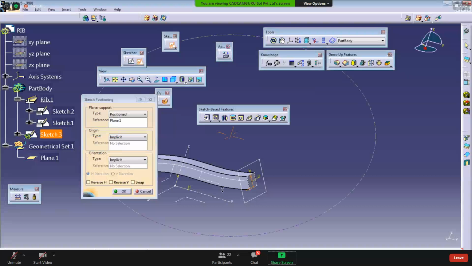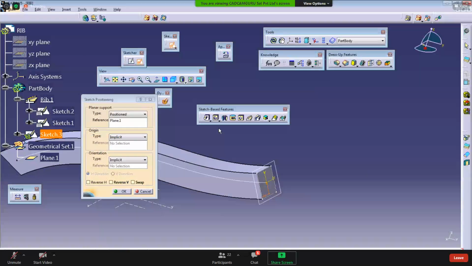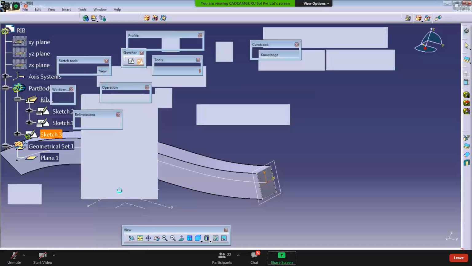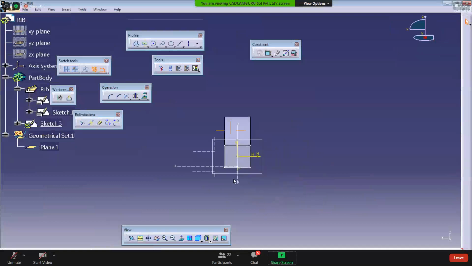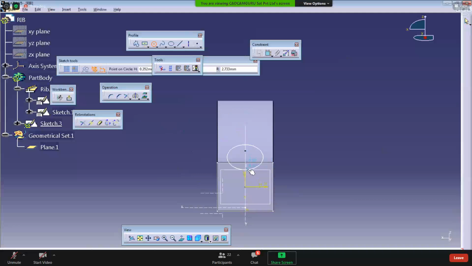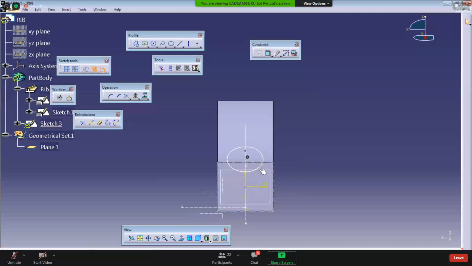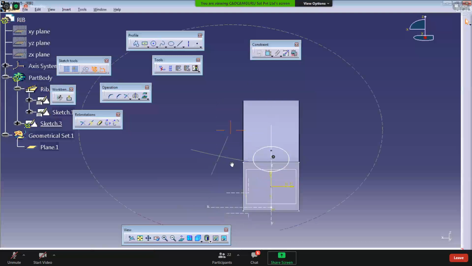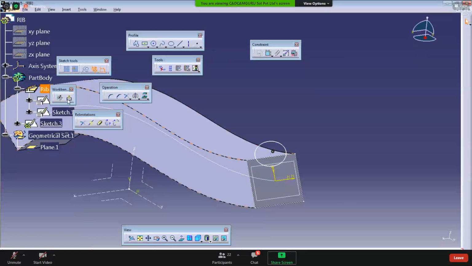How to shift the origin? Implicit project, origin type, correct. Then projection point, and then select this point. That's it. The quadrant is right now second. Make it first. Click OK. And there I'm creating this circle profile again, something like this. Some portion is outside the material and some portion is inside the material like this. And I exit the sketch.